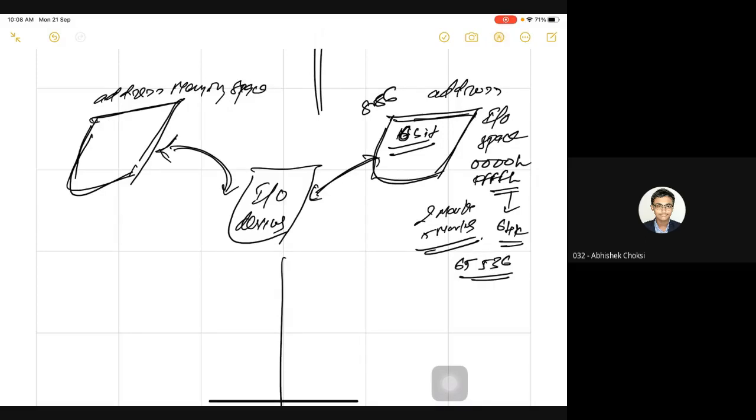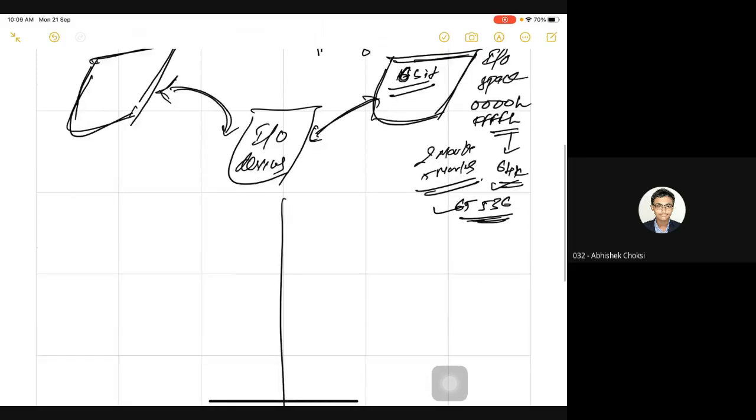I have a 16-bit address bus for my IO devices. With a 16-bit address bus, I can have 64K different addresses available, which means I can access 65,536 different input output devices. For input output devices, you separately have a 16-bit address bus available.